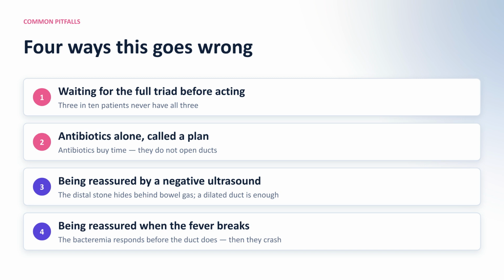Now the traps. First, waiting for the full triad before you act. 3 in 10 patients never have it, and the ones who do not are often the sickest. Second, treating a dilated infected duct with antibiotics alone and calling that a plan. Antibiotics buy time. They do not open ducts. Third, letting a negative ultrasound reassure you. The scan misses the distal stone often, and a dilated duct in a septic patient is already enough to act